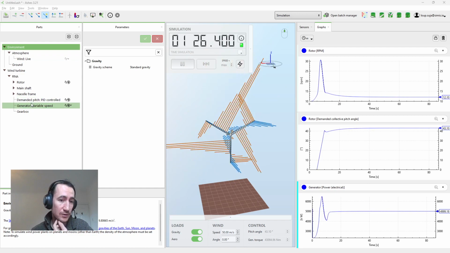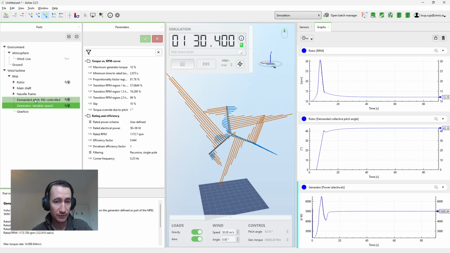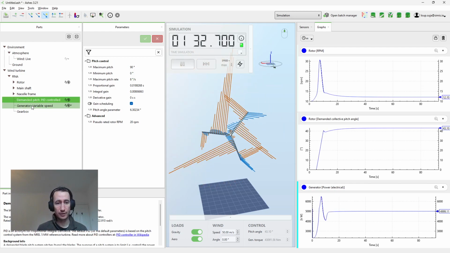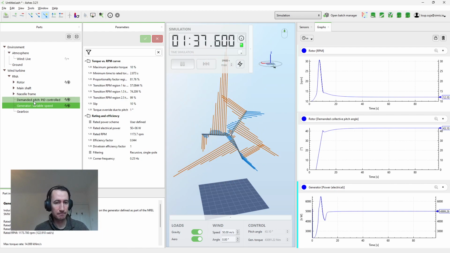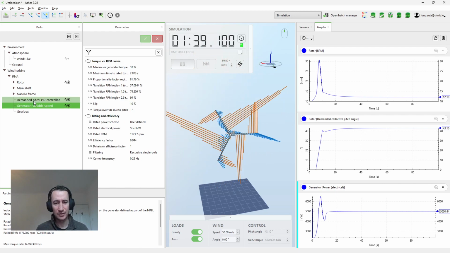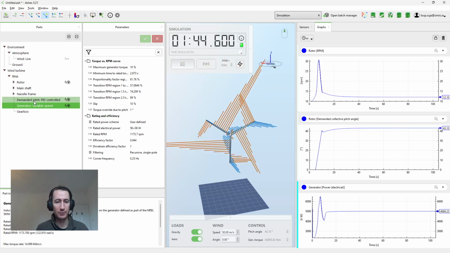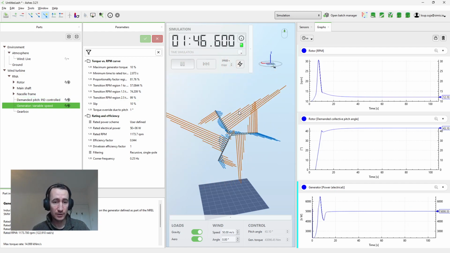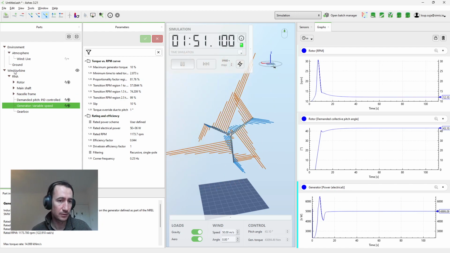This is because the default controller, which you have here, which you can modify here, is very good for easily tuning the values and getting different controllers, but it doesn't include the feature of shutting down the wind turbine in high wind speeds. If you want to do this, you need to use a DLL, and I will show you how to do this. So you have to come here,